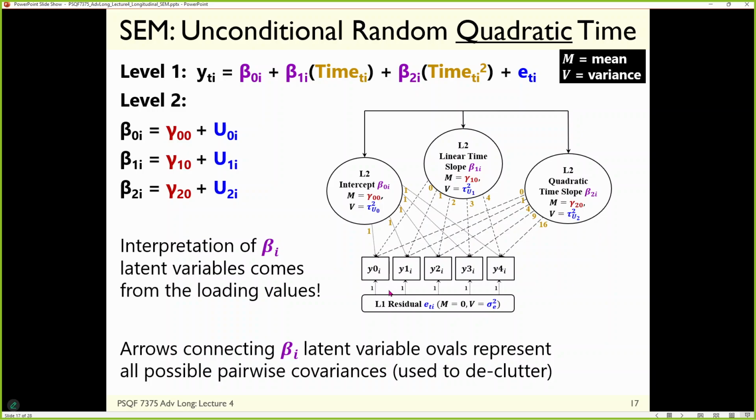If you're interested, like if each of these boxes is actually a latent factor measured by other things, this is the only way that I know how to do it that would allow you to actually test longitudinal measurement invariance as part of that question. If you are not sure what kind of time function you need and you want your data to figure it out,